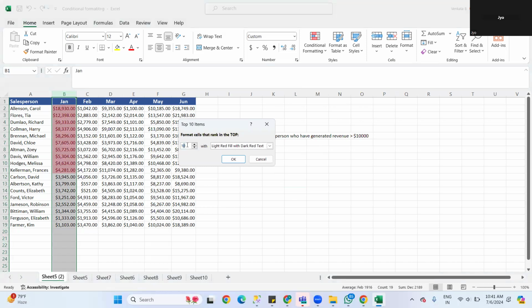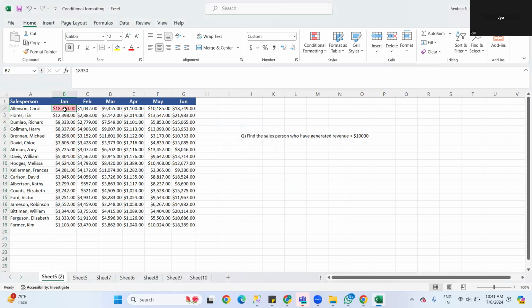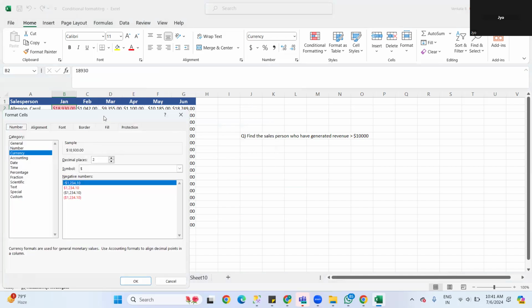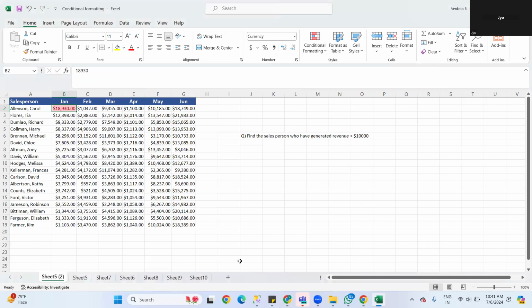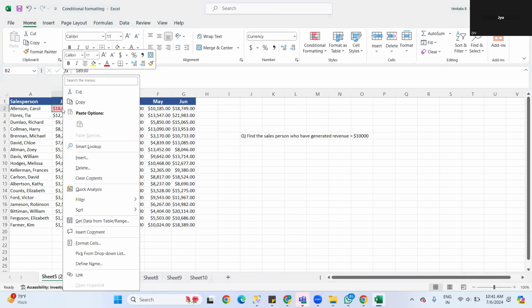So I'm going to give remove top one. Top one, click OK. Right click, format cell. I'm going to the color, give fill, go to fill. Fill the color, whatever the color you want, click it. Sorry, font color we have to do. Format cell,